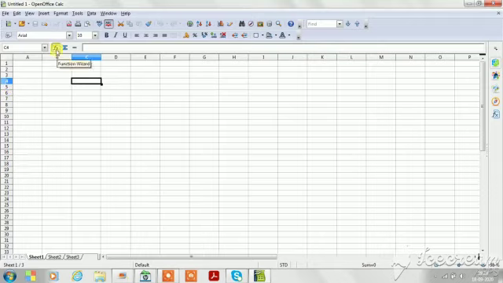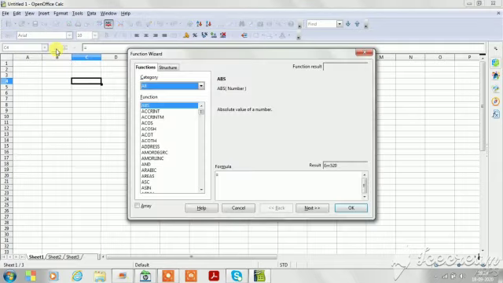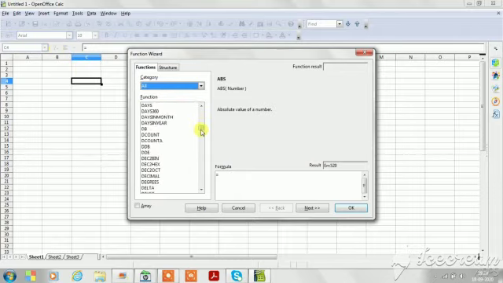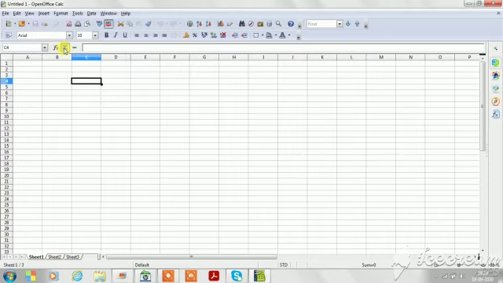Next is the function wizard. It opens a dialog from which we can search through a list of available functions. Next is the sum function. Clicking on the sum icon totals the numbers in the cells above the selected cell and then places the total in the selected cell.